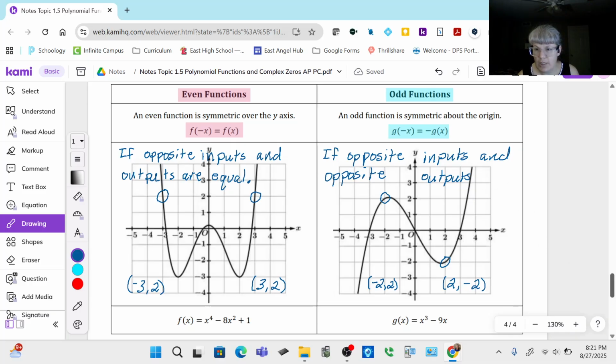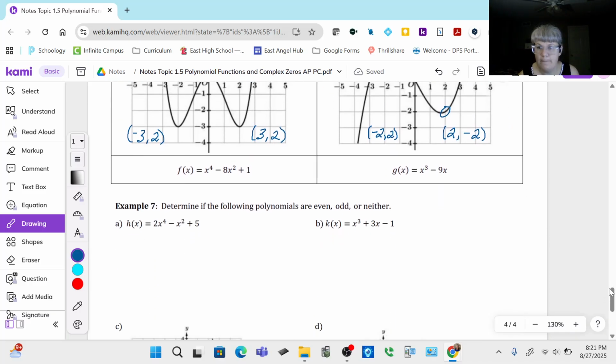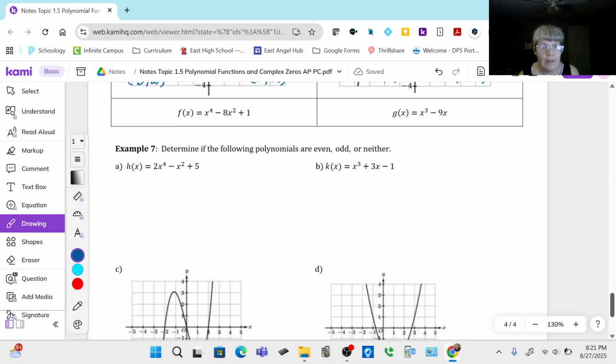So let's take a look at how I can do this if I'm just given the expression and I don't want to take the time to graph it. The easiest test is 1 and -1 because those are opposite inputs and we're going to check their outputs. So 2 times +1 on this first one to the 4th power minus 1 squared plus